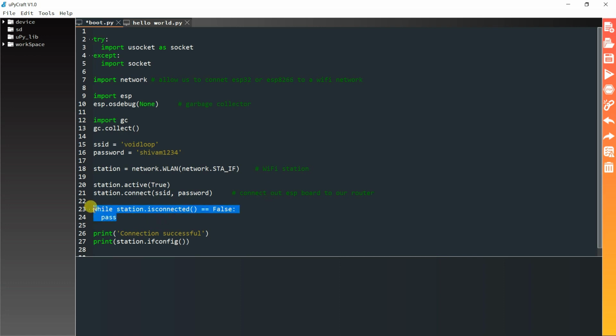This statement ensures that the code does not proceed while the ESP is not connected to our network. It will print the network interface parameters like the ESP IP address.